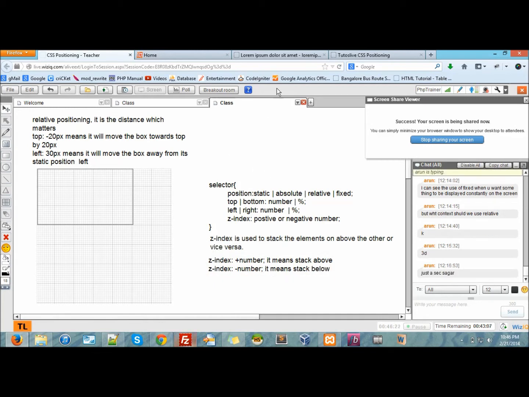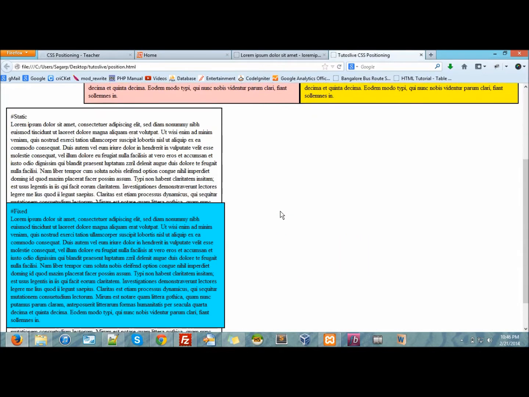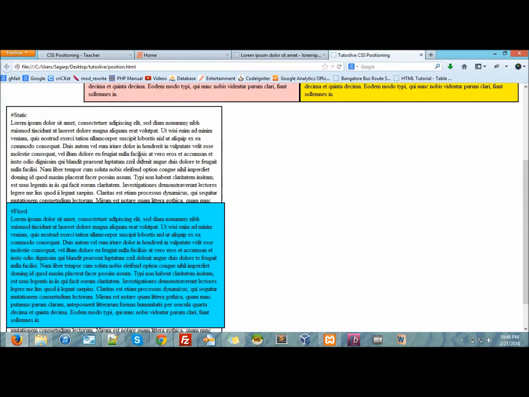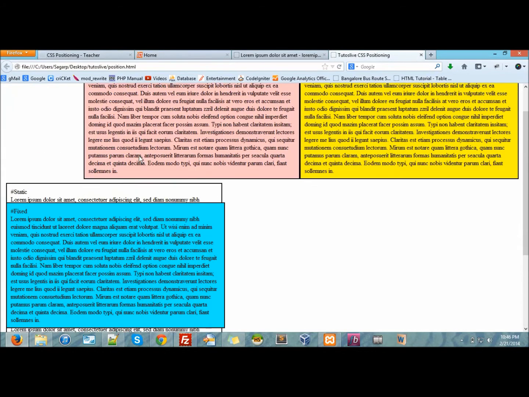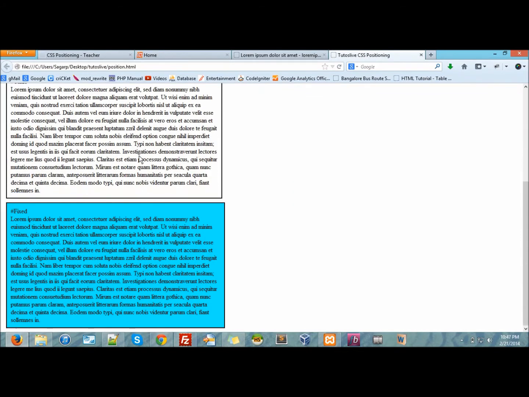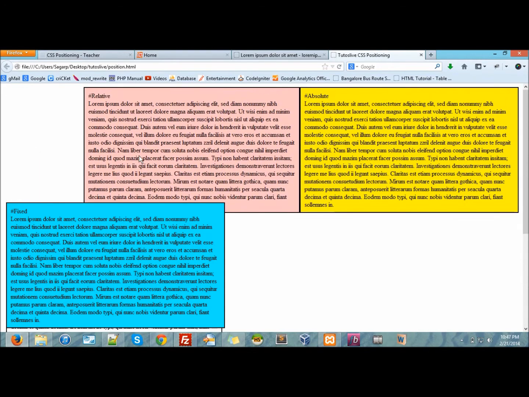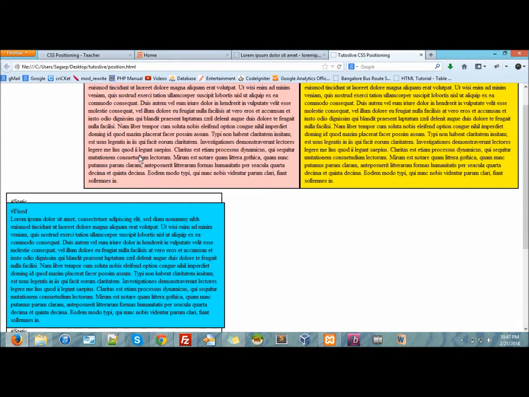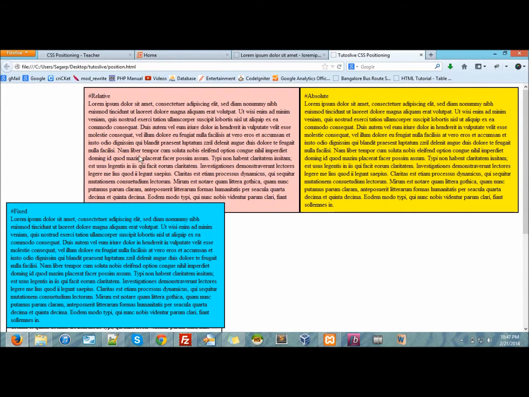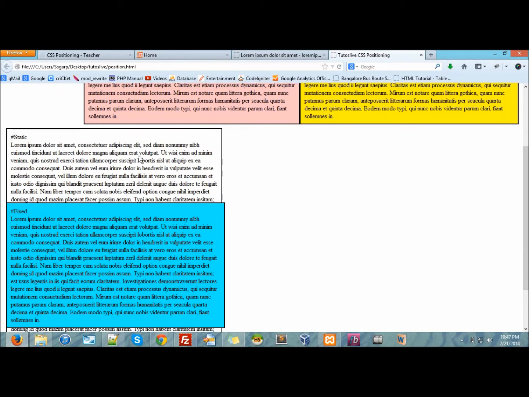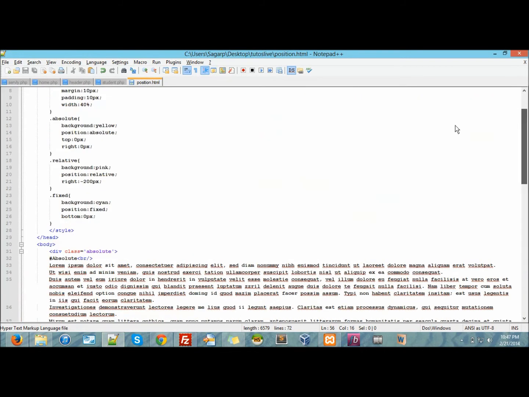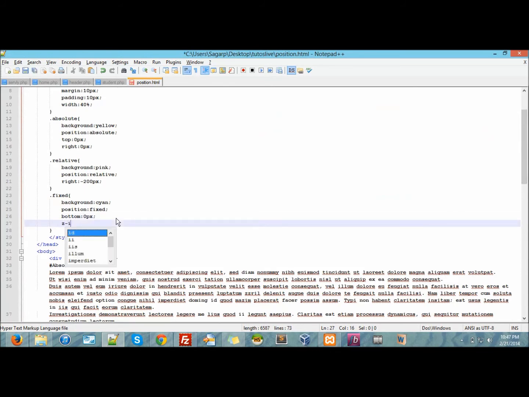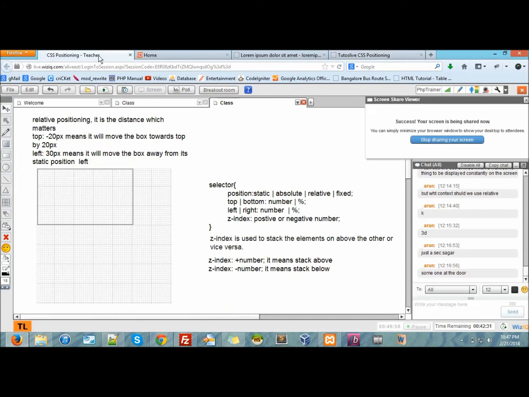Now let's go back to this example here. You can see this guy is hiding behind our cyan colored fixed element. Now what I want to do is push this fixed element to the back and bring this guy to the front. So for that, I have fixed here, I'll say Z index -1. So if I say -1,